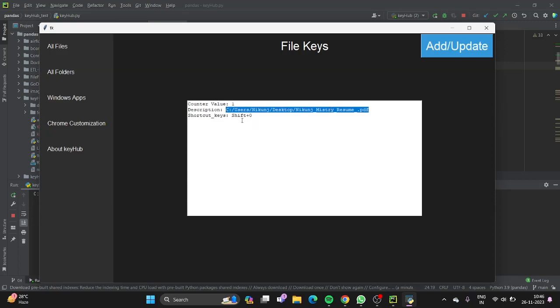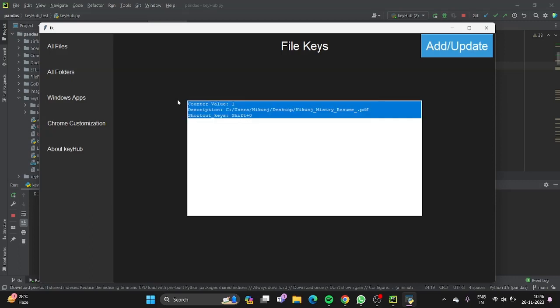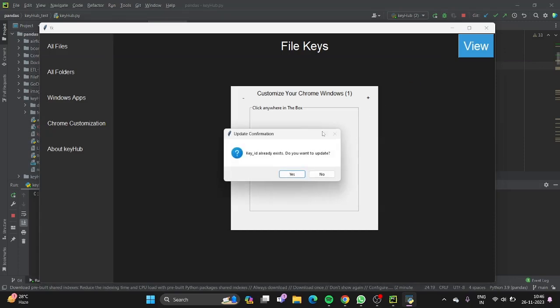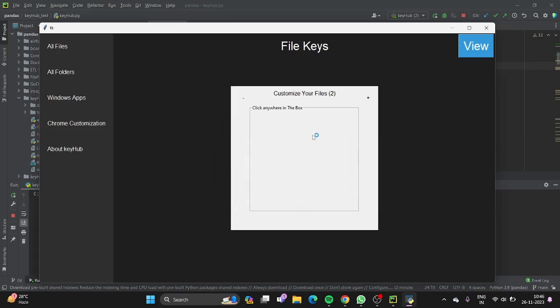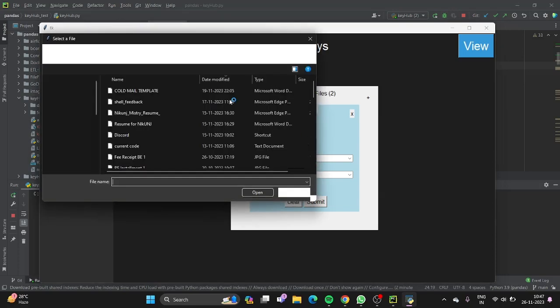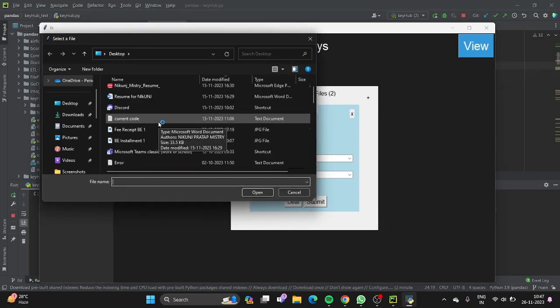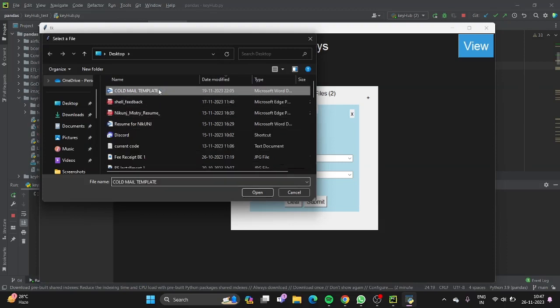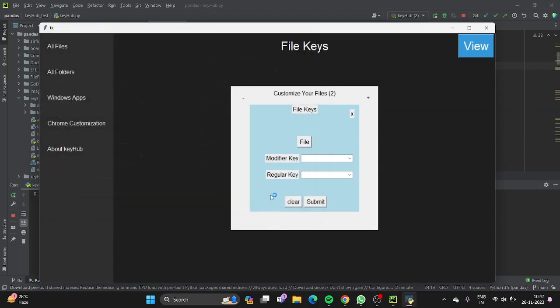When I press Shift plus 0, it will open. Okay, so let's try. If I click on file and select something like my cold mail template, right? Now I open it. Now if I do Shift plus 1,